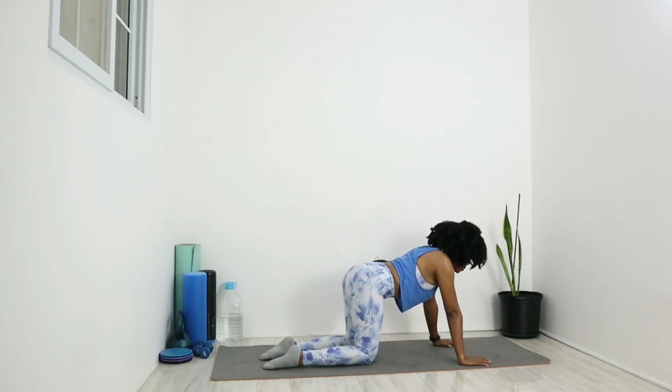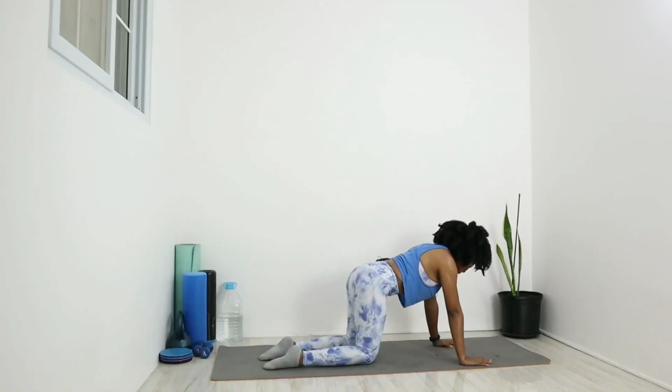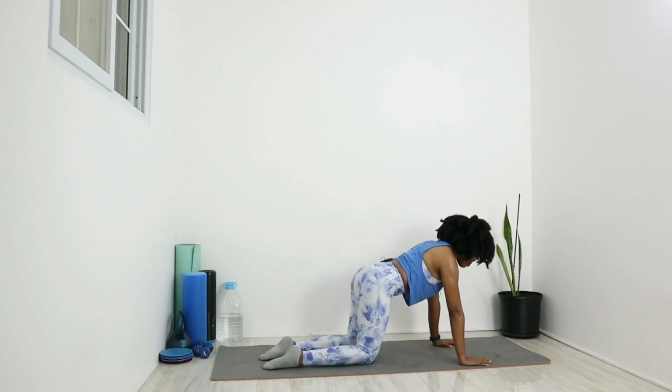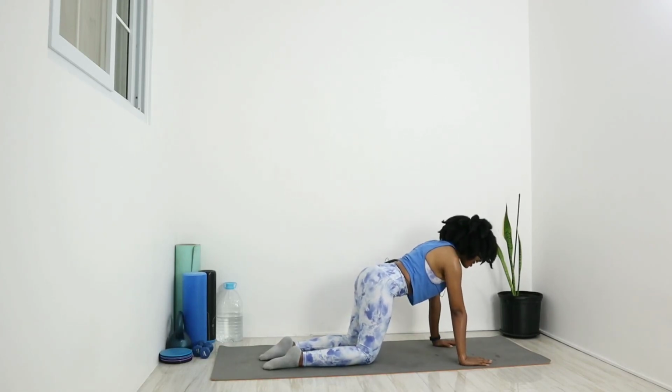We're going for a twisted child's pose. We're gonna start off on the right side. We're gonna make sure our shoulder blades are pushed up to the sky so we're not sinking into it. We don't wanna hurt the back later. So you're just gonna push away from the mat, keep those elbows straight and shoulders nice and raised, shoulder blades